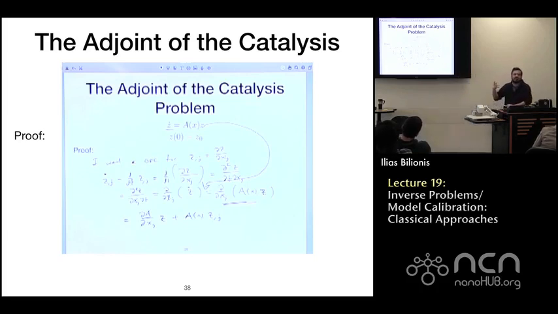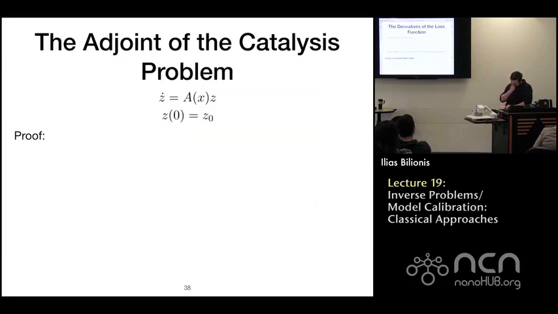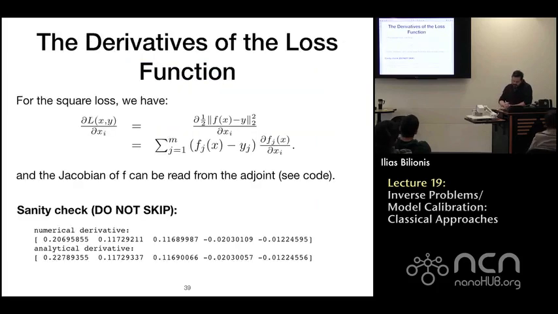You should really just do it by hand once for whatever you're looking at. We did it for this dynamical system, very easy. You're going to do it in your homework for the diffusion problem, which is a partial differential equation, and then you're going to get an adjoint partial differential equation. Anyway, now that you can program this using the adjoint, if we use the square loss function,